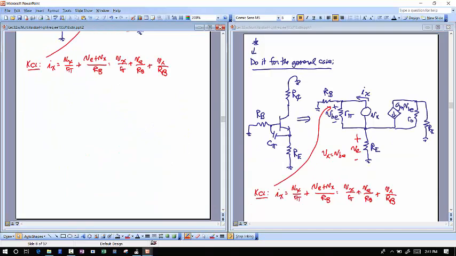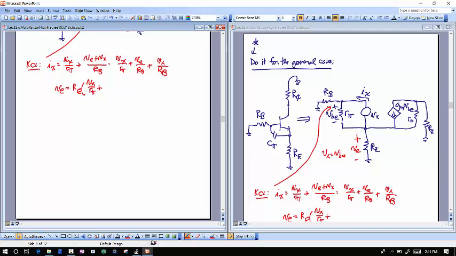And so now I don't like that VE. I want this only in terms of Ix and Vx, of course, so I have to replace VE. And so I now want to know what VE is. And from this circuit right here, I can say that all the current going into RE times RE is equal to VE. So VE is just going to be equal to RE, capital E, times all the current going through that. And the current going through that is this current going through R pi, which I already said is Vx over R pi, plus